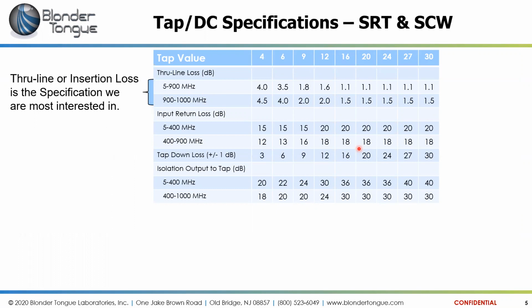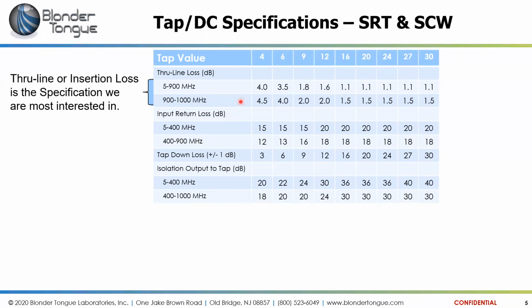Similar, being a passive device, it only has loss; it does not boost up the signal in any way. But it's a multi-port device. This chart is for a single port tap. So it has an input port, a tap port, and a through port. Across the top it shows the tap values ranging from 4 to 30 decibels of loss. And you can see the through line loss, or the insertion loss, rows here are the specs that we're going